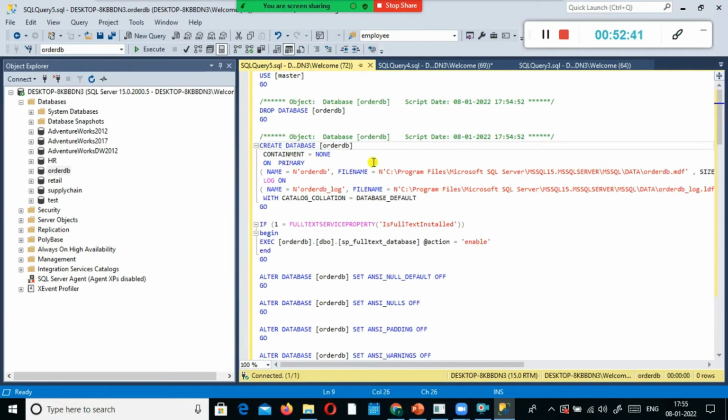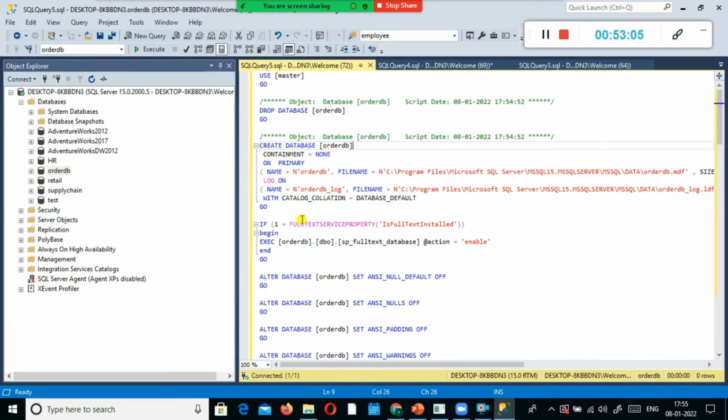As a developer, it is not our responsibility to create the database. But since you wanted to learn, in your laptop you can create a database, you can drop the database, whatever you want, you can do it. But in the real time scenario, we are not supposed to. First of all, we will not have access to drop or rename the database and all. Okay.